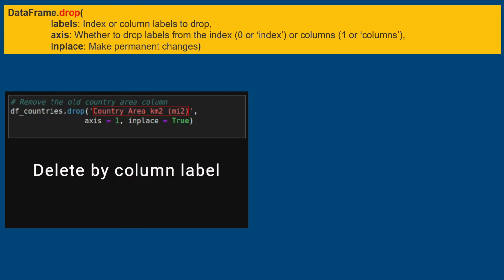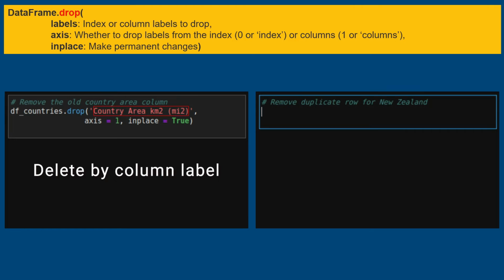Let's now see how we can drop unwanted rows. As we noticed before, the country of New Zealand was recorded twice in our demo dataset. So we can apply the drop function again and specify the record index 5 and assign the axis value 0